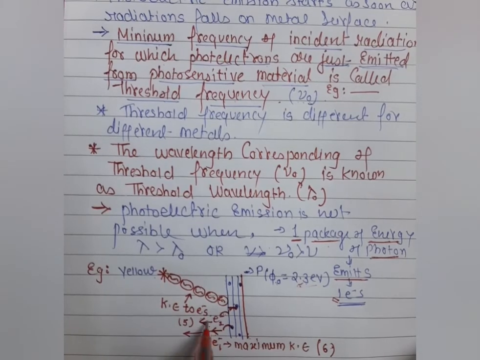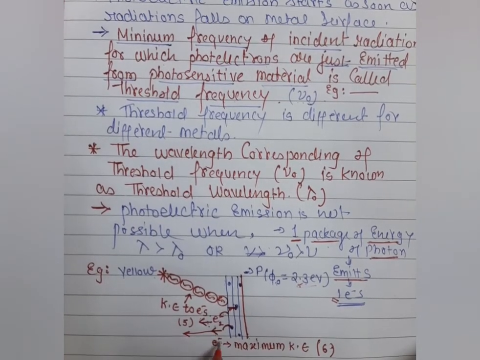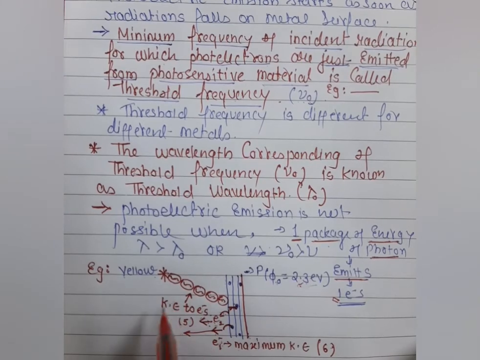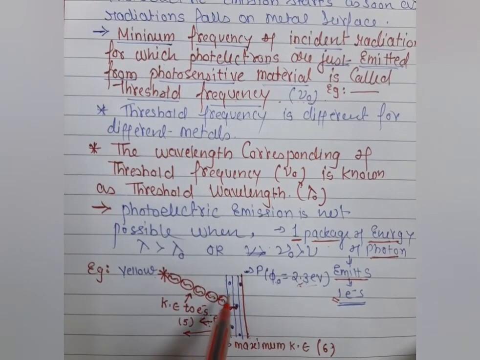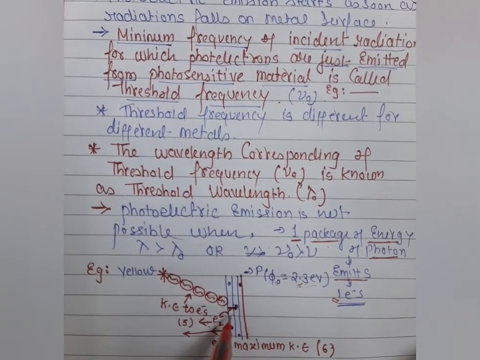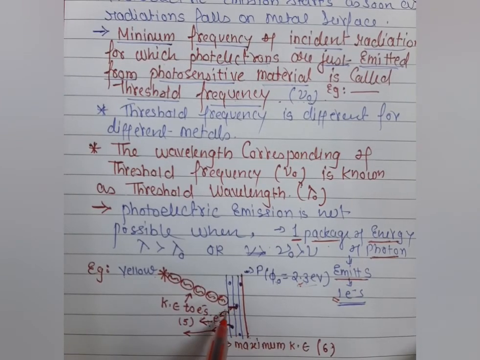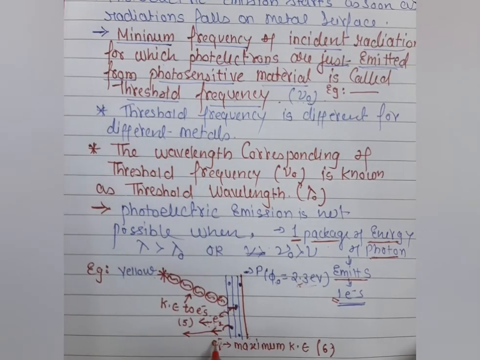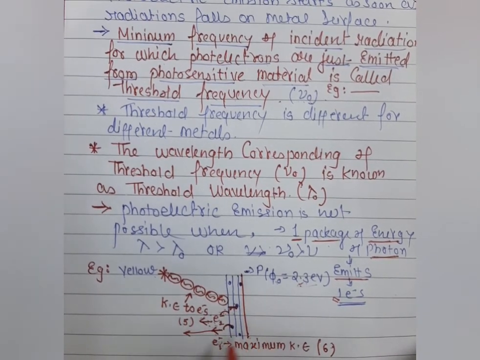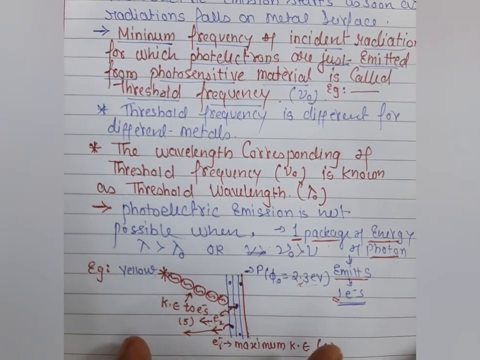So student, this concept is very important. Each electron has its own kinetic energy. All electrons get the same energy, but the electrons are present in different layers of the metal surface, and because of this, when the electrons are ejected from the surface of the metal, they lose some amount of energy while traveling out of the metal. Because of that, the removal of that energy decides the kinetic energy of the electron when it jumps outside the metal surface. So this concept is very clear, students.